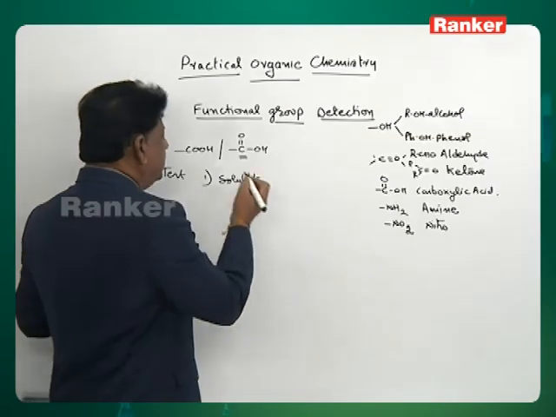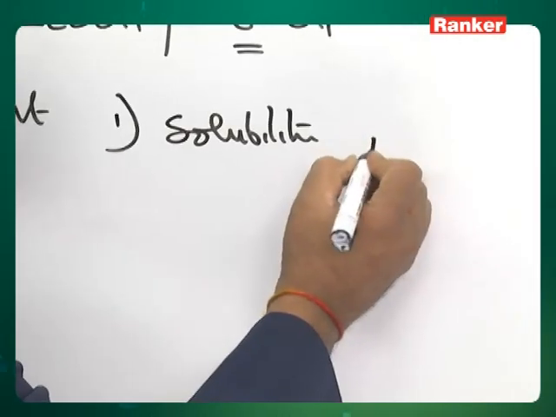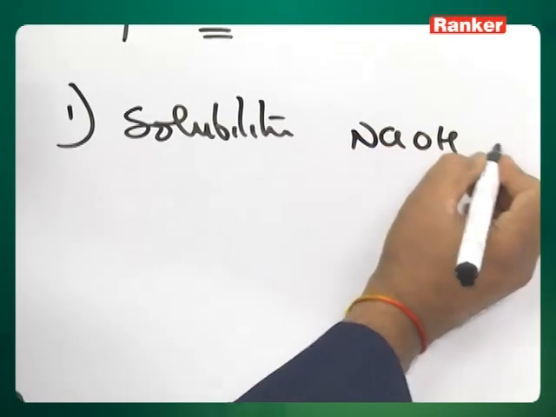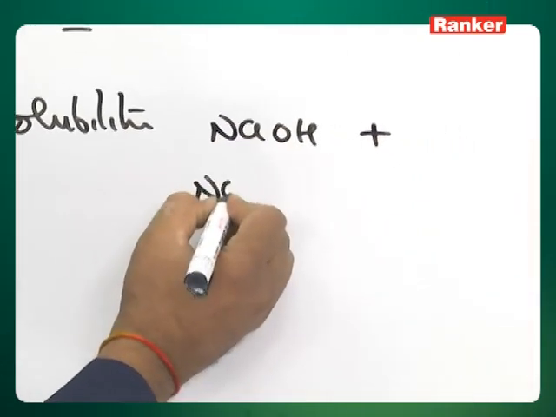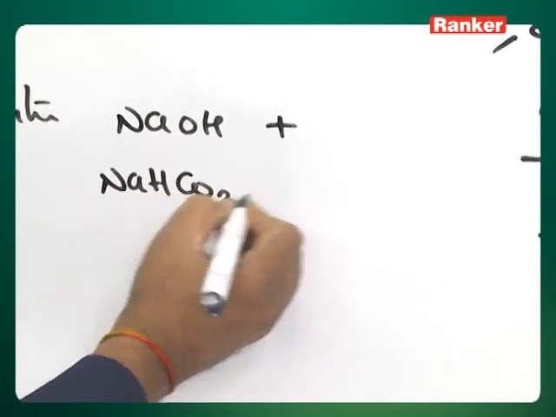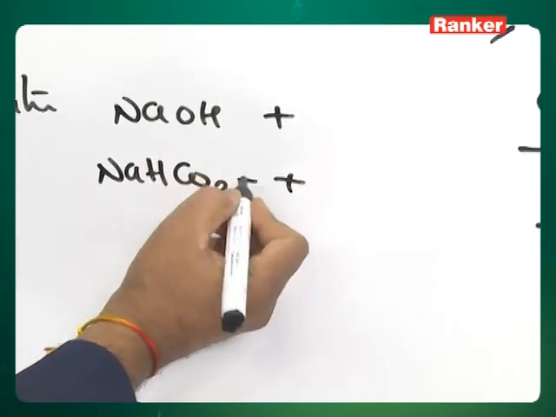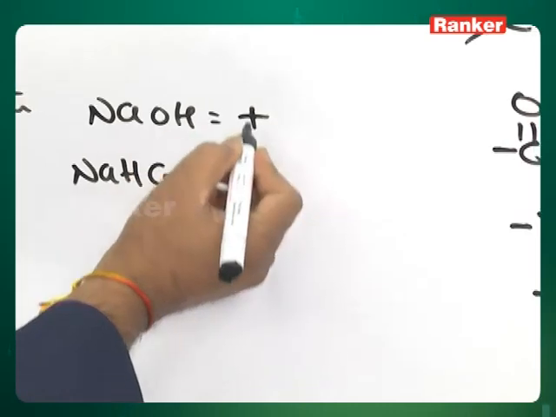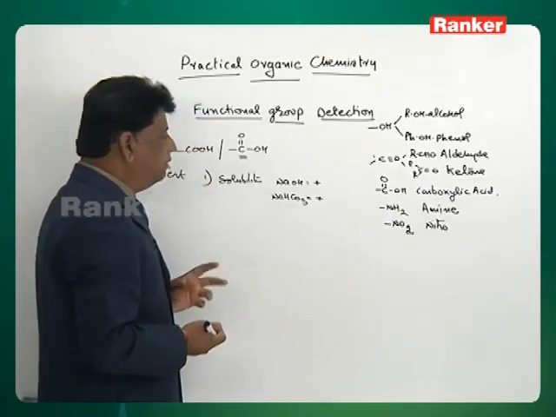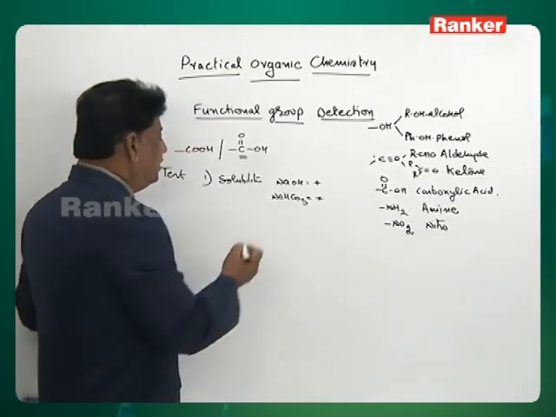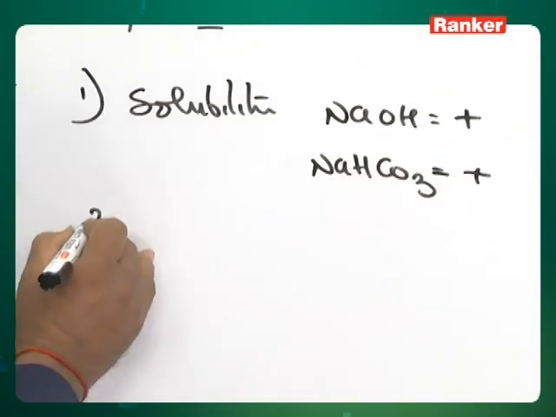They are highly soluble, even in sodium hydroxide soluble, sodium bicarbonate also soluble. Both are soluble tests. Okay, if solubility is positive in both, it may be a carboxylic acid. Specifically with the bicarbonate